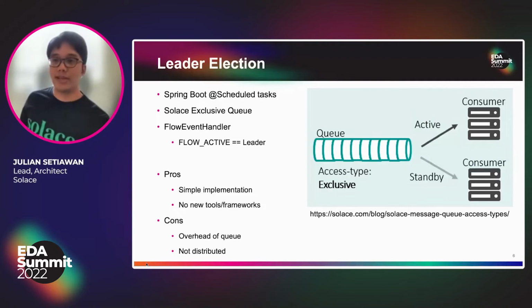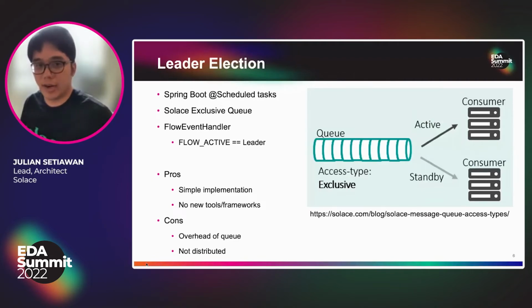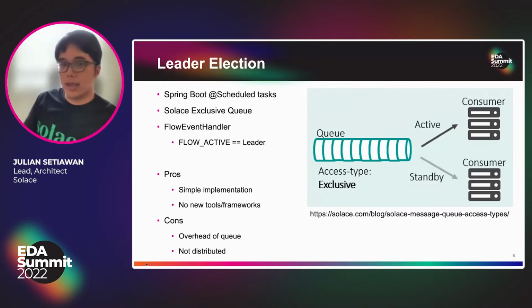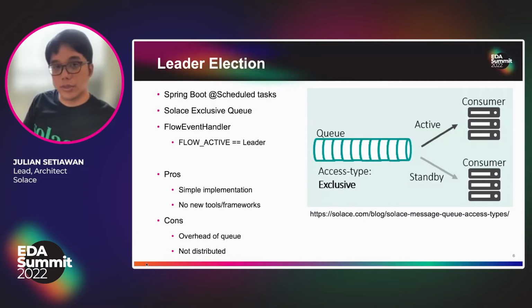Yeah, so one of the nice things about having the Solace broker at the heart of our architecture is that it's a very mature product with a ton of features that they've had to solve really complex use cases with. And so we can simplify some of our architecture by just using the broker that we already have and they're all connected to. One issue we ran into when we were clustering our microservices was that we had a bunch of scheduled tasks. These are methods that just run on a schedule. And when you're clustered, you're going to get a lot of duplication because the instances aren't aware of the other instances also running these scheduled tasks. And so we solved this using exclusive queues from the Solace broker, but probably not in the way you're imagining.